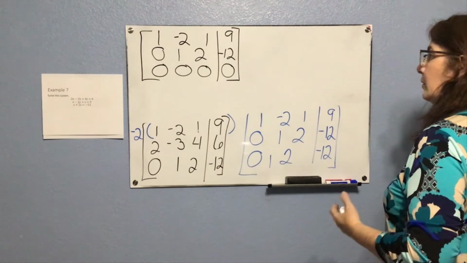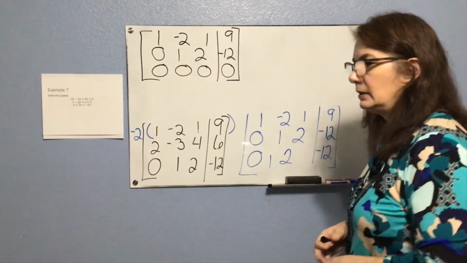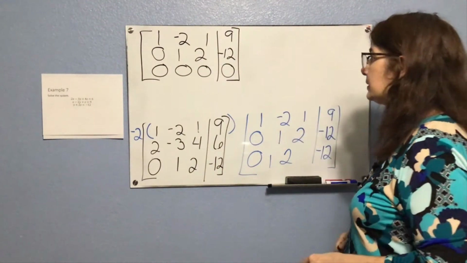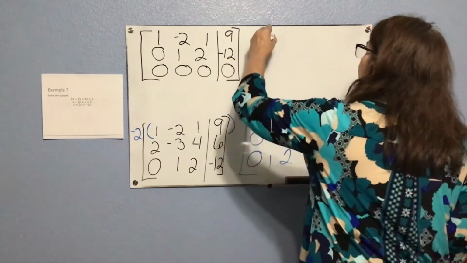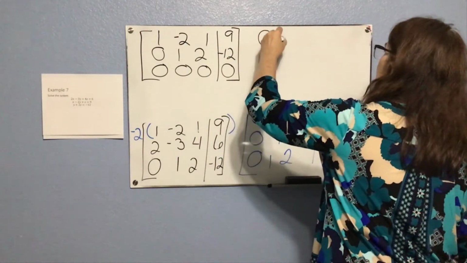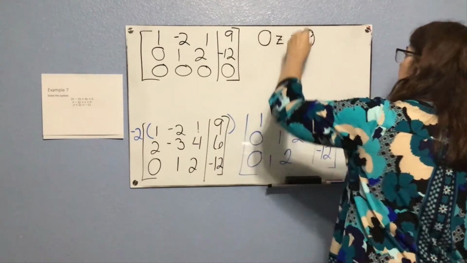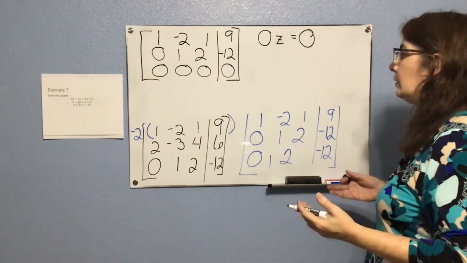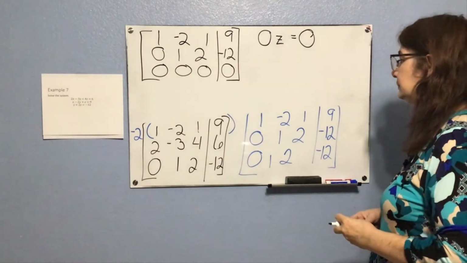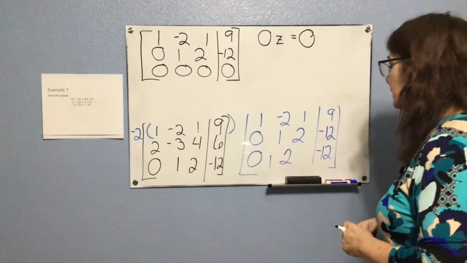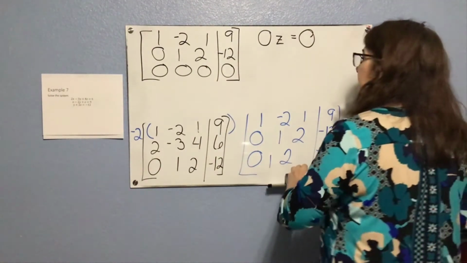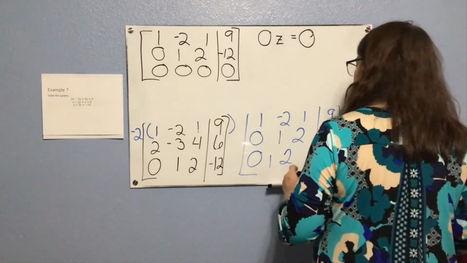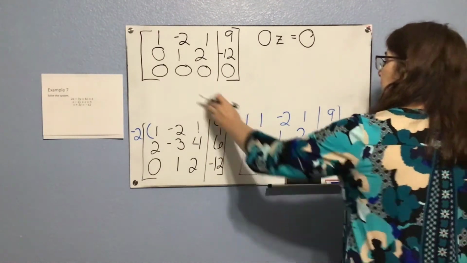And if I'm working now to back substitute, I have that 0z is equal to 0. Well, z could be anything. So we don't have a definitive value for z, but we're going to continue to back substitute and use this